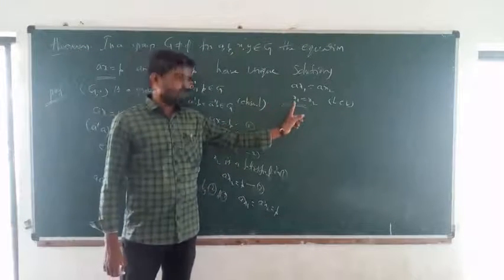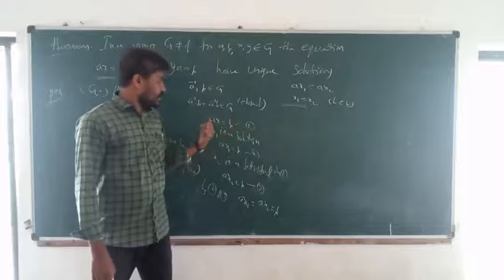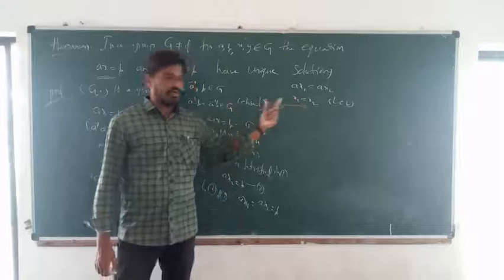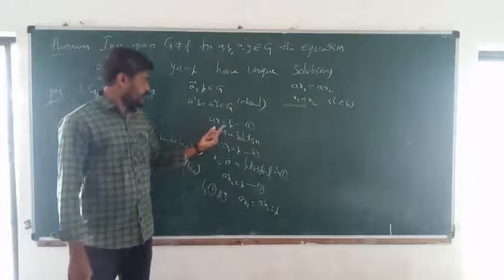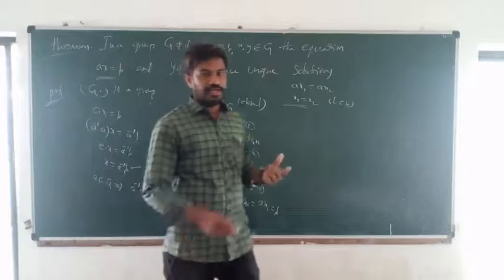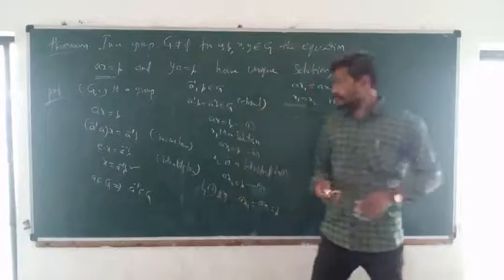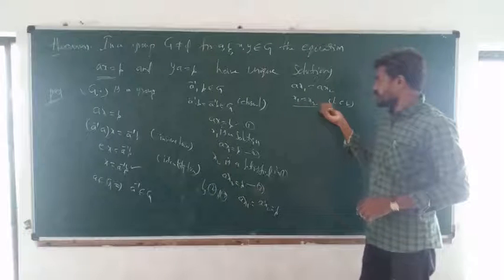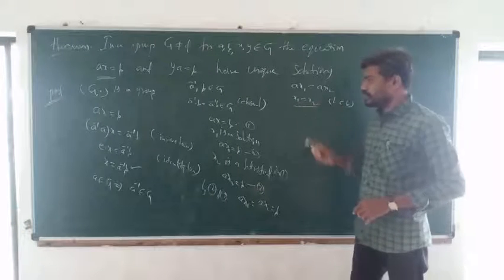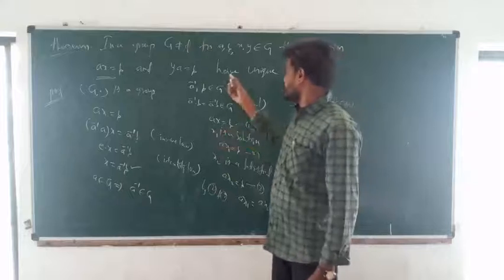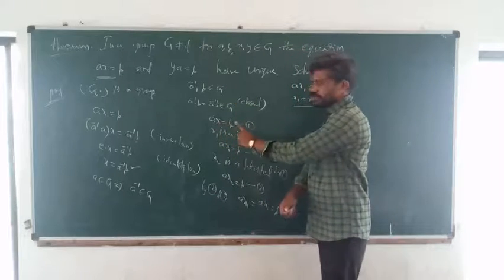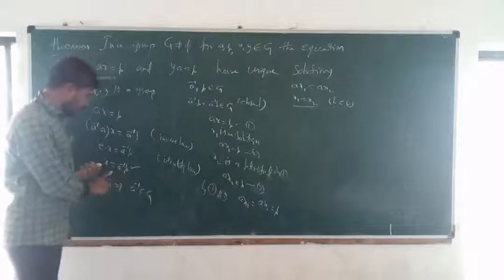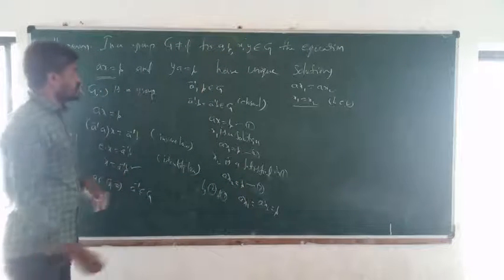Any value satisfying this equation: I am taking one value x1 satisfying this condition, another value x2 satisfying this condition. Both are equal, meaning only one fixed value. ax equal to b is the given equation. Any values selected as solutions are all equal. x1 equal to x2 means only one unique value exists in this solution of ax equal to b, that is x equal to a inverse b.